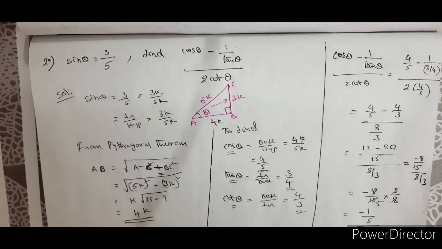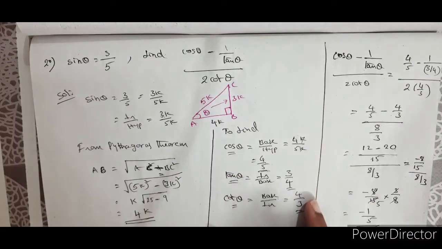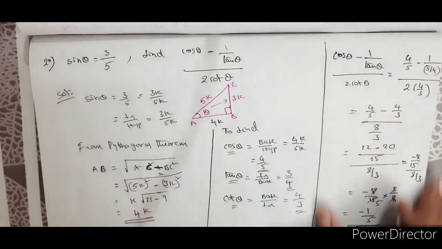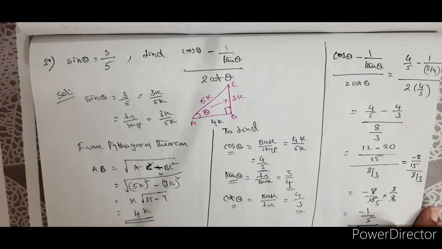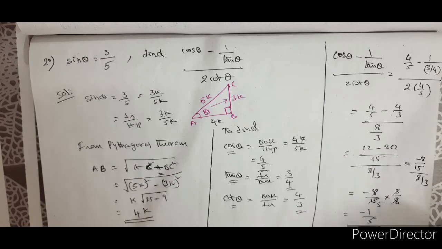Okay. So what did we do here in this particular problem? Again in a similar manner, dividing the problem into 3 parts. First part, finding the 3 sides of the triangle. Second part, finding the trigonometric ratios from the given triangle. And the third part is substituting those values and simplifying. Okay. So pause the video for a moment and note it down.